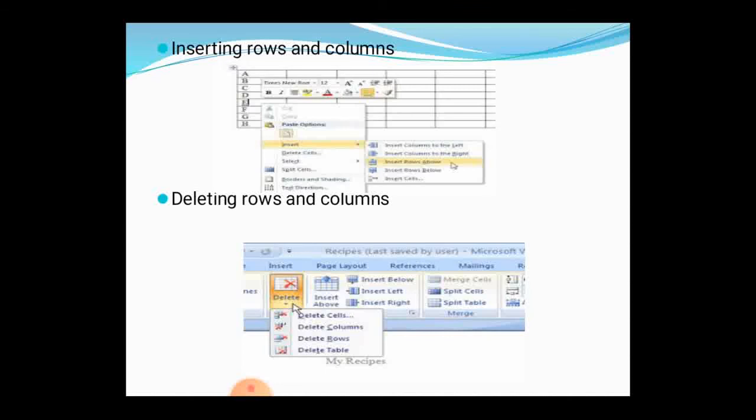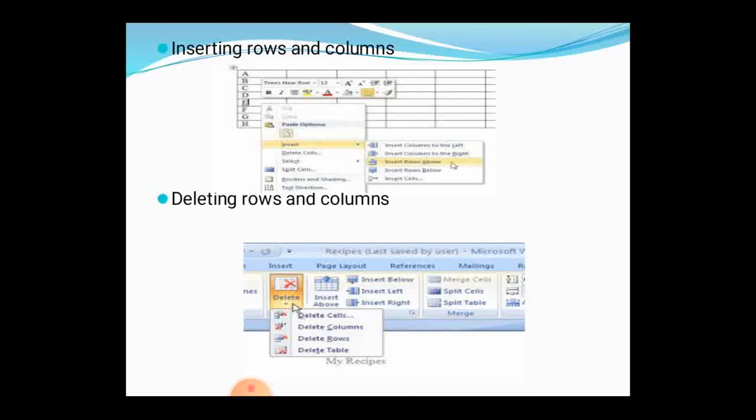Next to Insert, you have an option like Delete Cells. If you have typed a particular cell in a wrong way, you can select the cell and simply click the Delete Cells option.